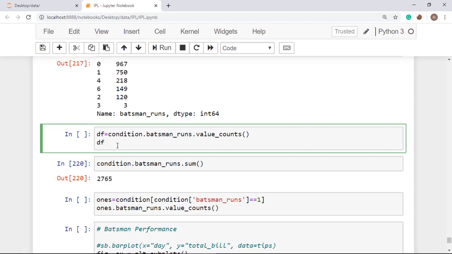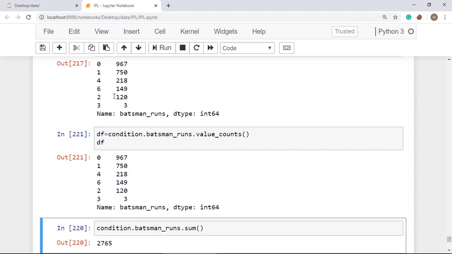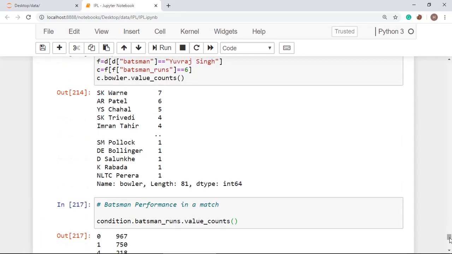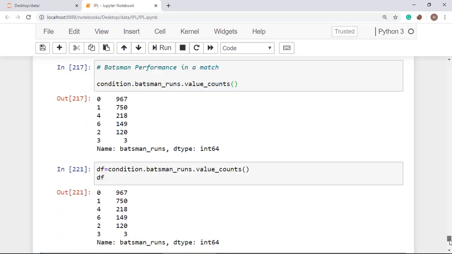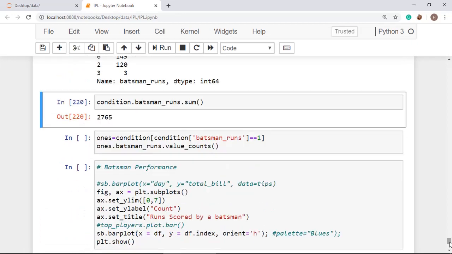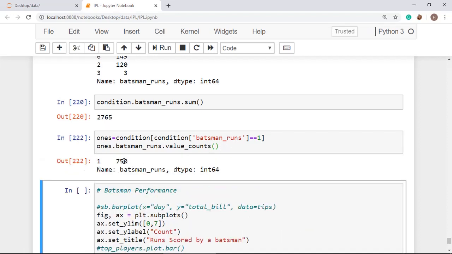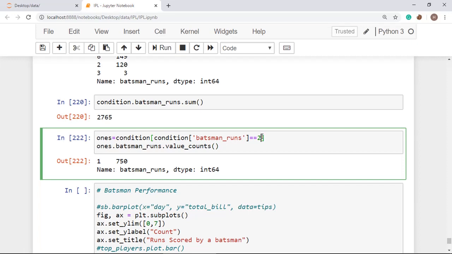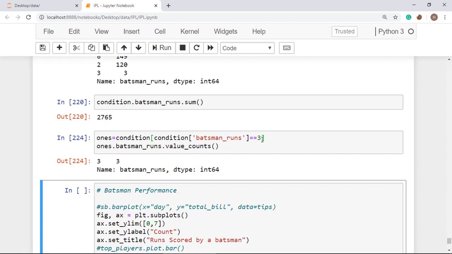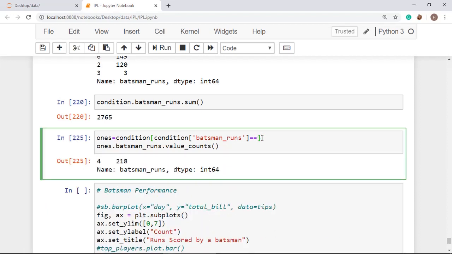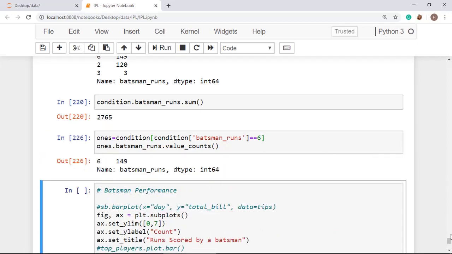Now I am going to show you the value counts. Here you can see the same thing. Okay, now I have created this one DF for the visualization. So let's see. Here we can also count once, as I have said. So you can see here we are getting 750. If we change it to 2, we are going to get the 2. We can get 3, and we can also get 4 by just replacing this thing. Okay, so in this manner you can get this.